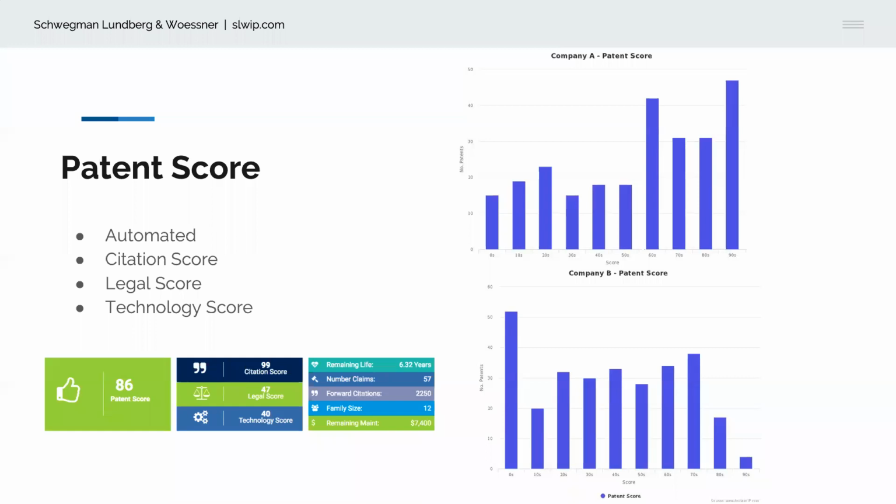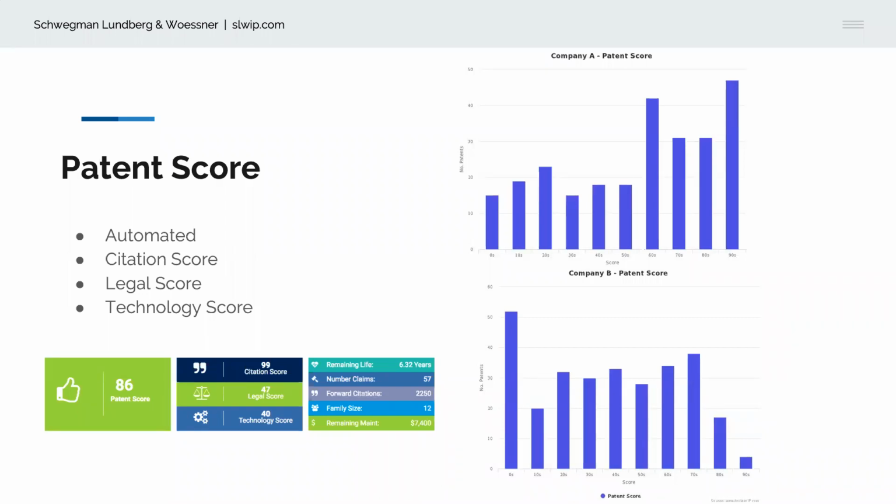So this gives you an example of how you can compare the patent score for company A to company B. And Janelle, Tim, or Andre, if you can add why that might be important, that would be helpful to our audience. Before those guys jump in, I just want to say, so you're looking at A and B,